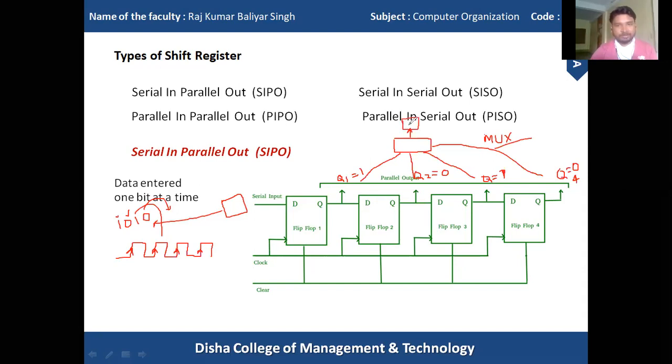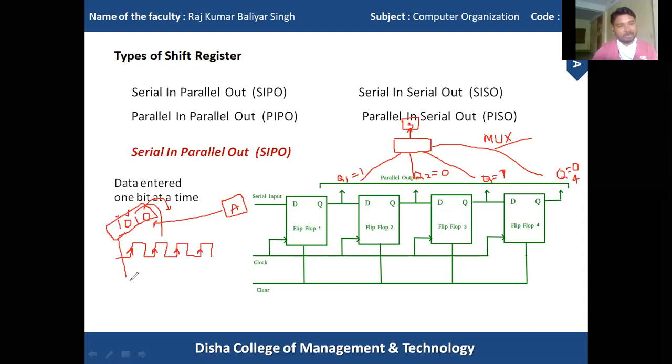So this is my device B and my device A. I can transfer the data from a serial device to a device which has the power to receive parallel data, so we can say that serial in parallel out can be considered as a serial to parallel converter. One question arises: if I have n bits of data, how many clock cycles do we need?